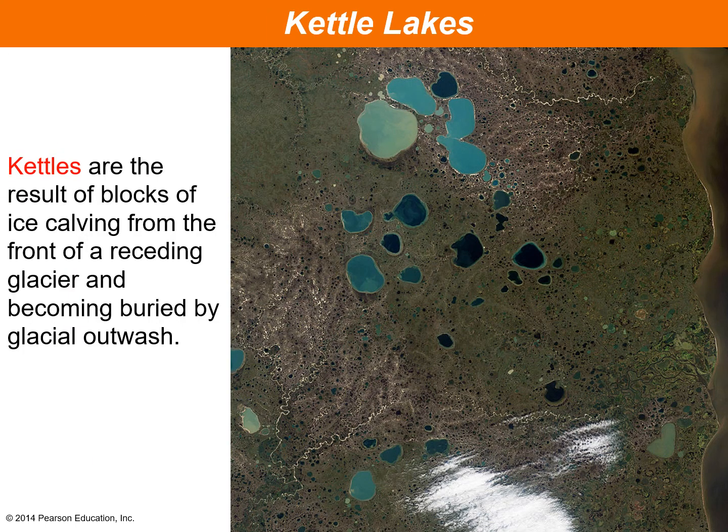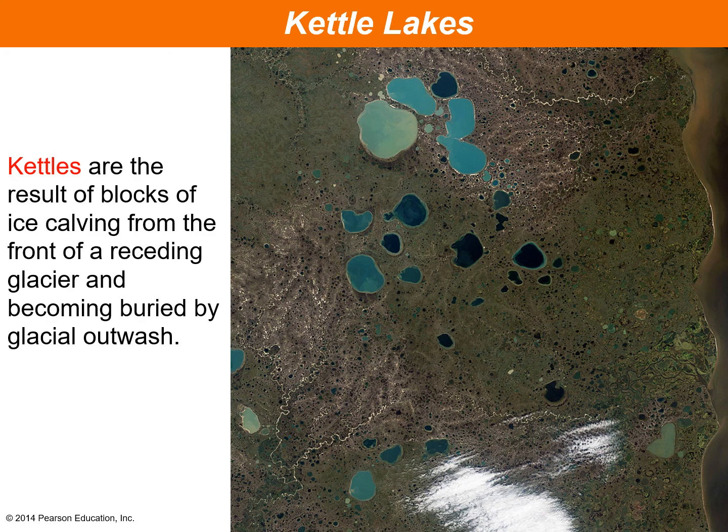So we haven't really talked about kettle lakes yet, even though you can see from the previous slide that they are also a common landform. So kettles are the result of blocks of ice calving from the front of a receding glacier and becoming buried by glacial outwash. So if you have a glacier receding and a big chunk of ice calves off of the glacier and then gets